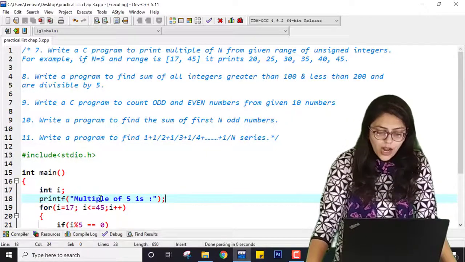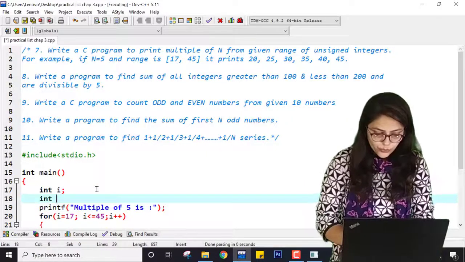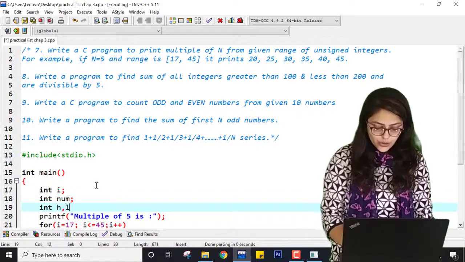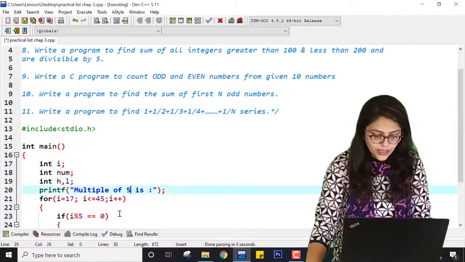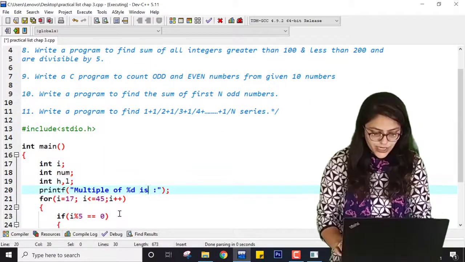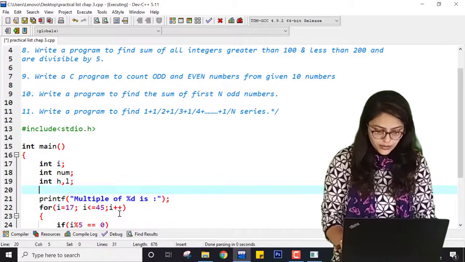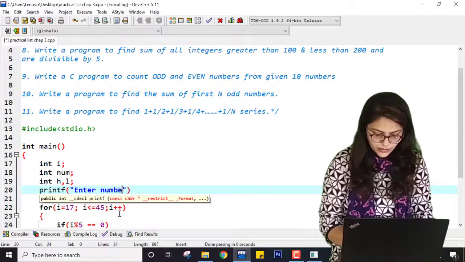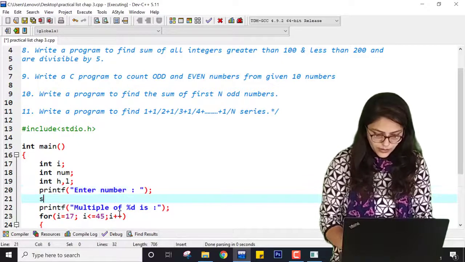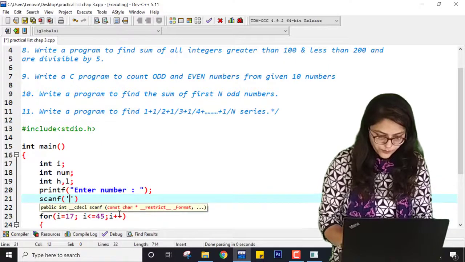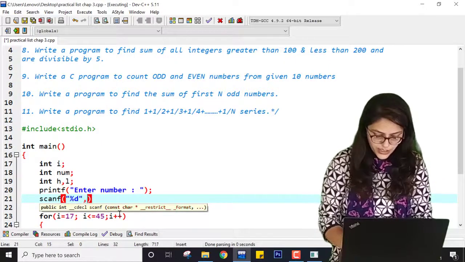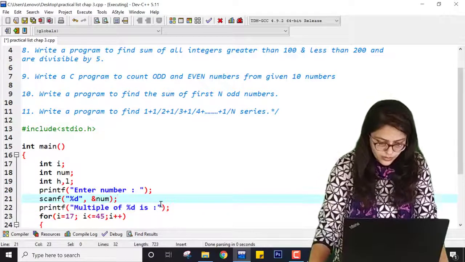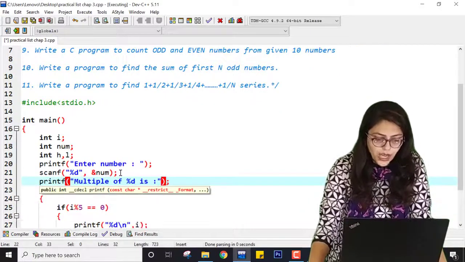Now to make this program more dynamic, I can take values from the user: num, and int high and low for the range. So here I am using %d in printf, enter number, and here scanf %d and num. So multiple of num.